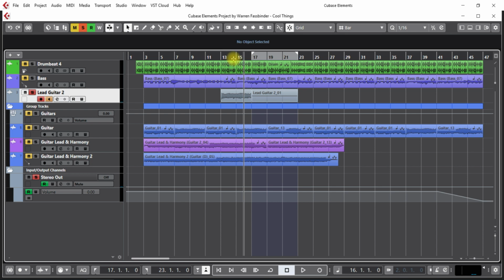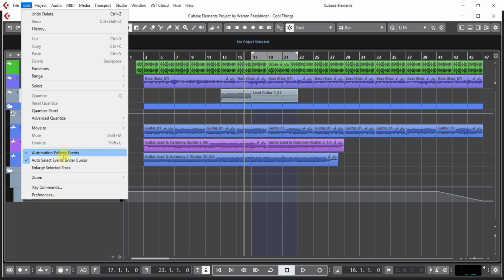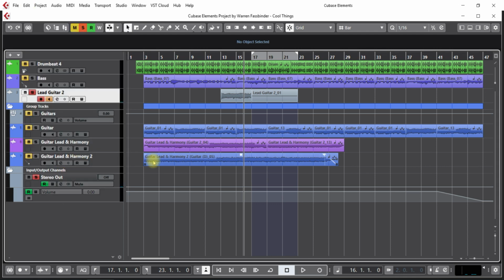So what I'm going to do is go over to Edit and turn off Auto Select Events Under Cursor, because I don't want to be using that while I'm recording, and this I'll show you to make it faster. So I'm going to press I again on the keyboard, hit space bar, and let's just say it's playing some lead, hit the space bar. I made a mistake in that one, so I hit the delete key, hit I again on the keyboard, do the space bar again, recording, things are going okay, and lo and behold, make another mistake, hit the delete key, hit I again,